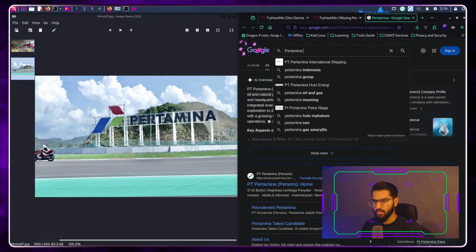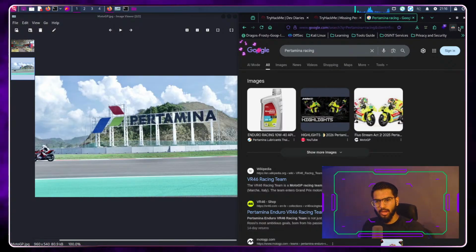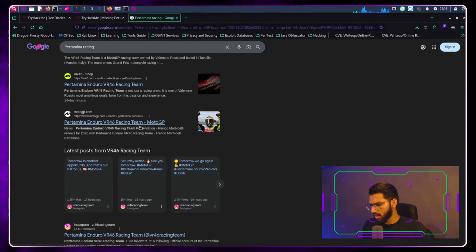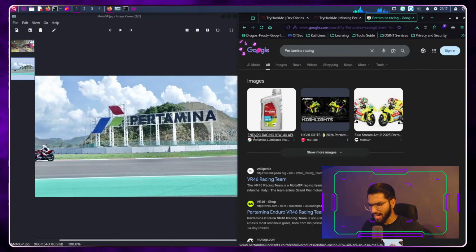Petrtamina. Okay, it looks like something else. Fine. Let's add another term, racing. Who knows what it is? Okay, we get a lot of other information like fuel or something related, which we don't know exactly, right? What does that mean?